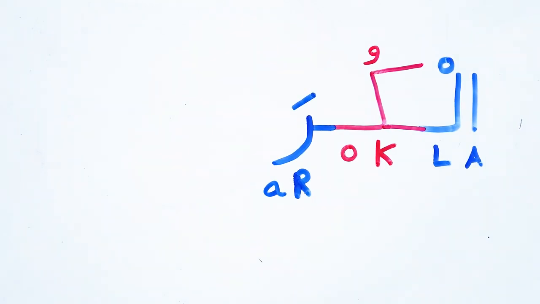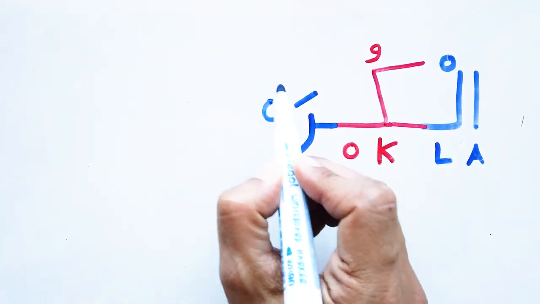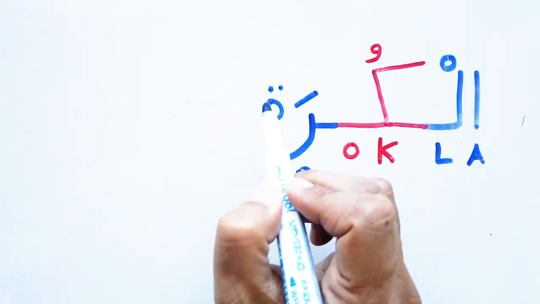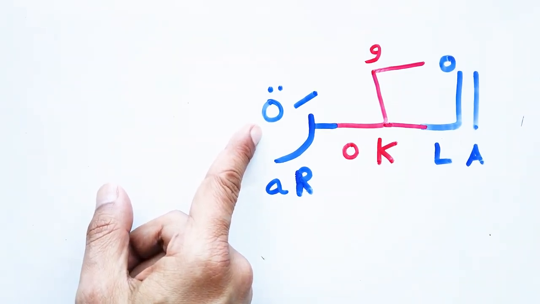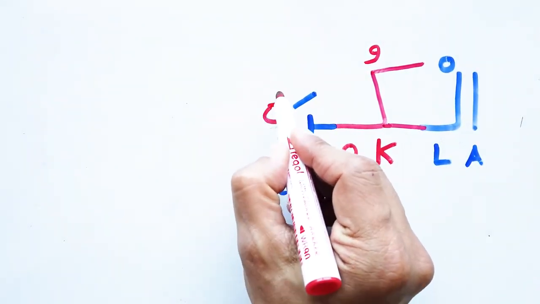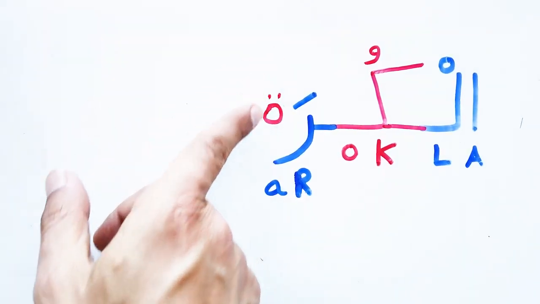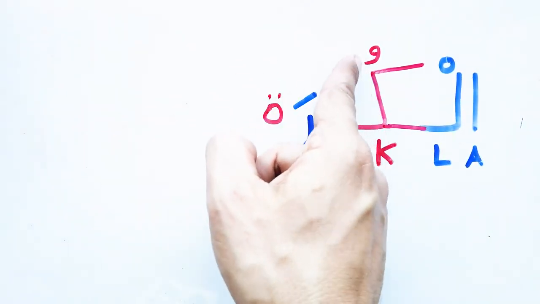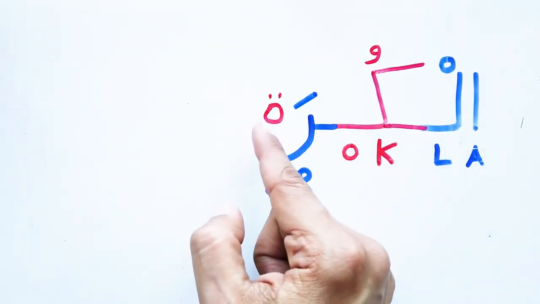I say what? Ra. Two. We have the sound of T in the end. We have here what? This circle, and I add two dots. We call it ta marbuta. It sounds like letter T in English. Okay, let's add it with red because it's another syllable here. So it's like this. It sounds like letter T in English. Pay attention. If I don't add any mark on it, like fatha or dhamma or anything, so it sounds like letter H. So I say al-Qurah.